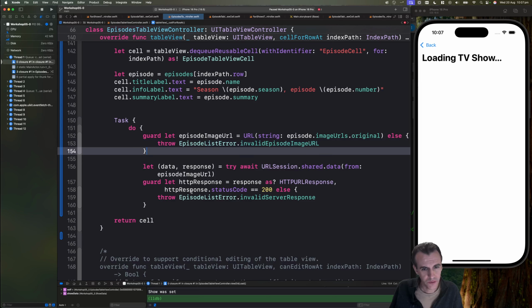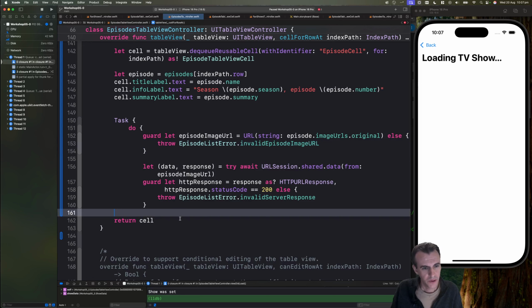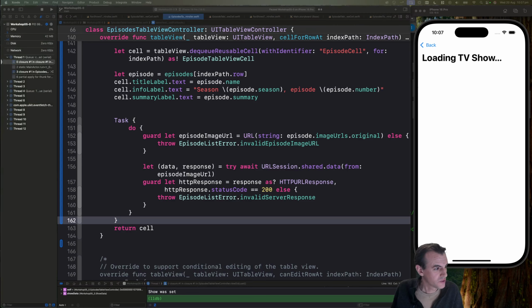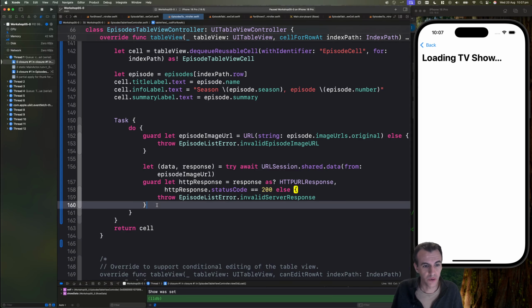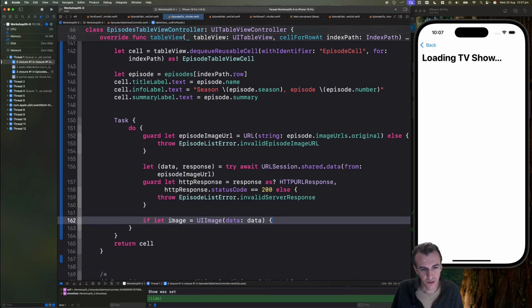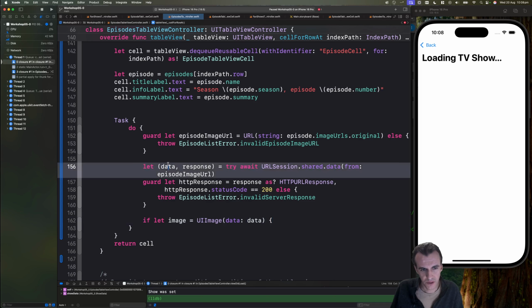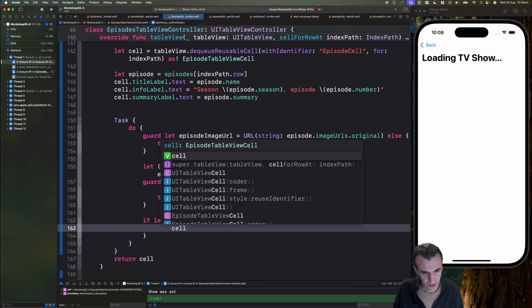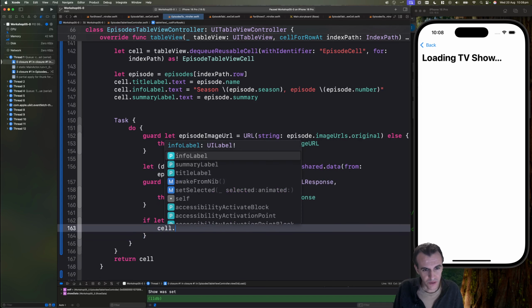And if we run this, we get back some data, and when we get back the data, you may expect that we could just put it into a cell, and we can try that and see what happens. How you would do that is you would say let image equals UI image, and UI image has an initializer that expects some data, and that's just exactly what we get returned from our request. And if this is valid, then we can obviously do something like this and say cell dot